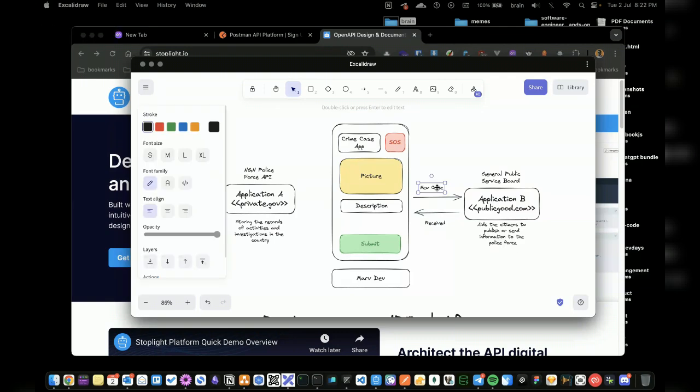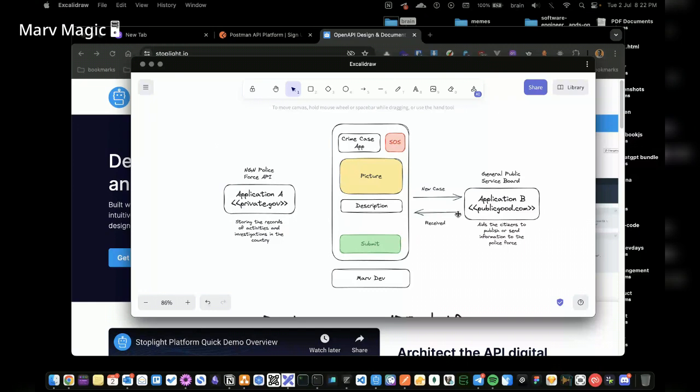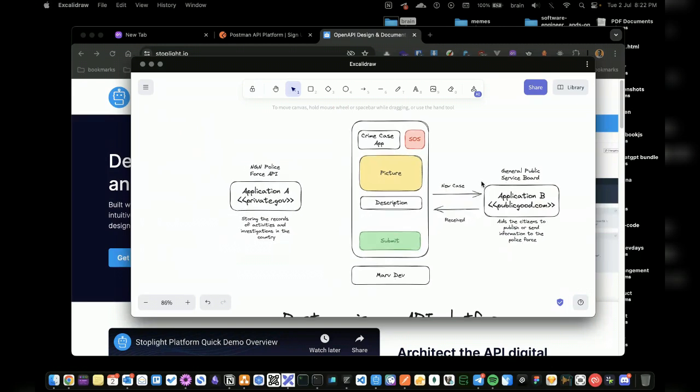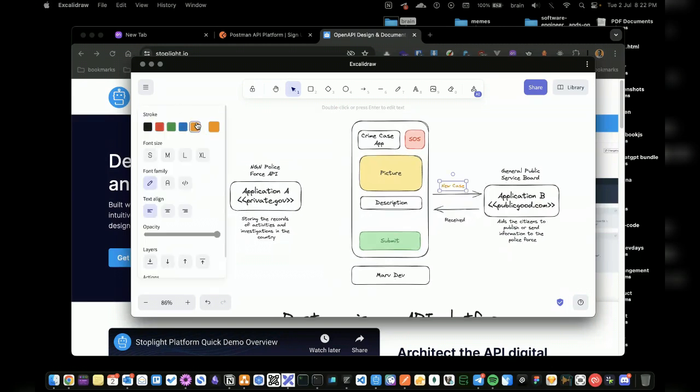Now, there are other details that would come in here. I will explain further as we proceed. I will explain the concept of JSON and some other things. Most of you are probably familiar with this, okay? So what I've submitted here is a new case. That is exactly what Marv has submitted, and Marv got the response that says received.